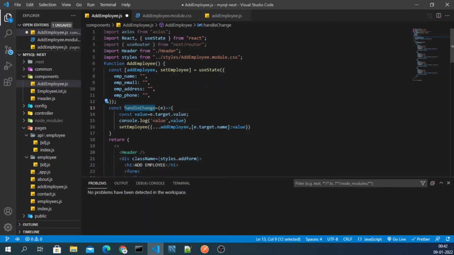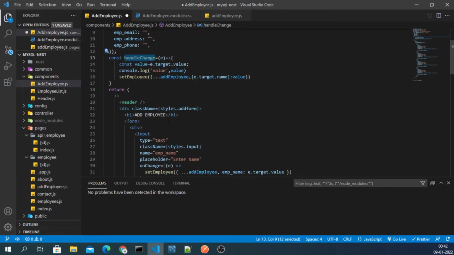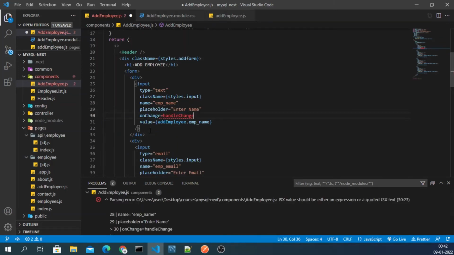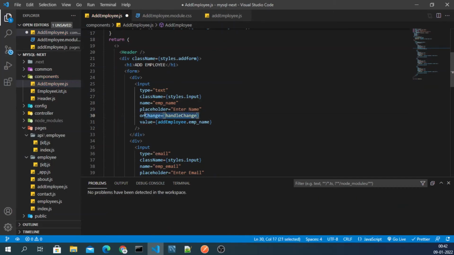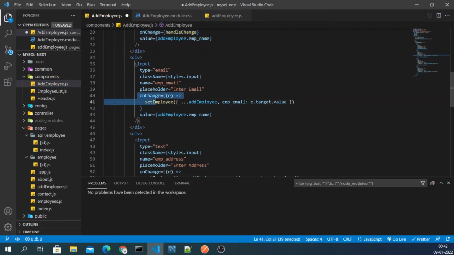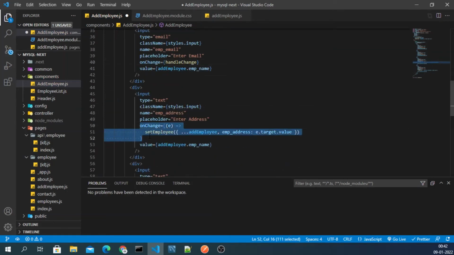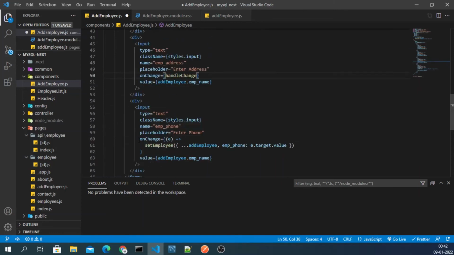And we'll simply copy this thing from here, and we'll copy this whole thing and replace it, and we will replace it as well.